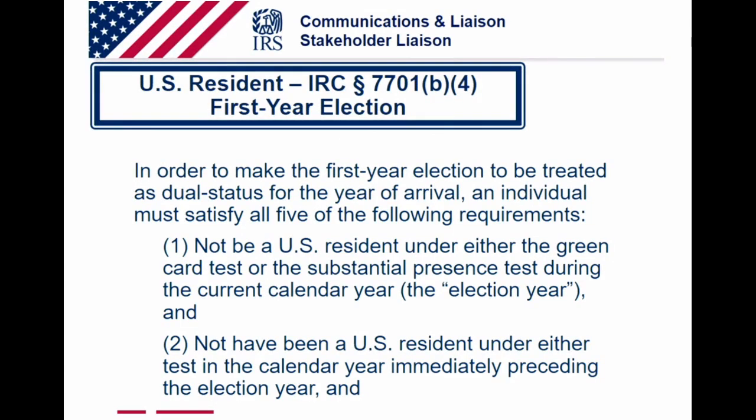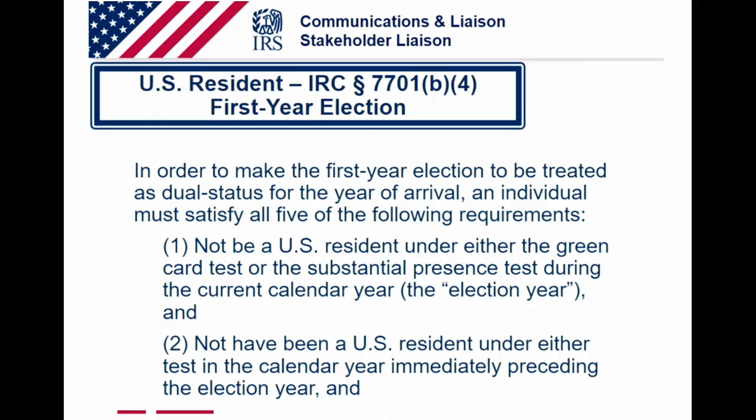Thank you, Anika. Now let's talk about the first-year election. An individual who arrives in the United States after the midpoint of the year and does not qualify as a U.S. resident under either the green card test or the substantial presence test might qualify as a U.S. resident for part of the calendar year of their arrival by making the first-year election under Section 7701(b)(4). In order to make the first-year election, that individual must meet all 5 of the following requirements: